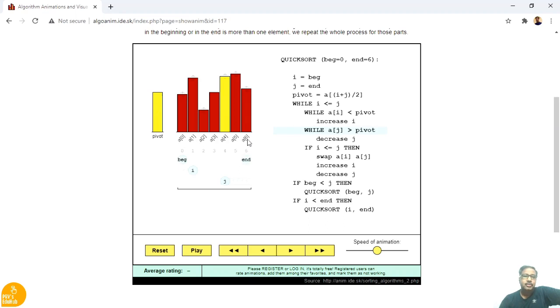If the pivot element is less than J, then you keep it like that only. But if it is greater than J, then you are supposed to perform the swapping. Like that you keep on doing this, so that finally the sorted list will come after performing several iterations. So this is the simple idea of quicksort.